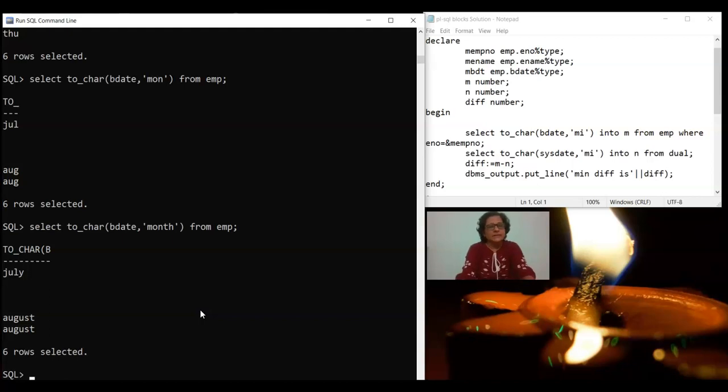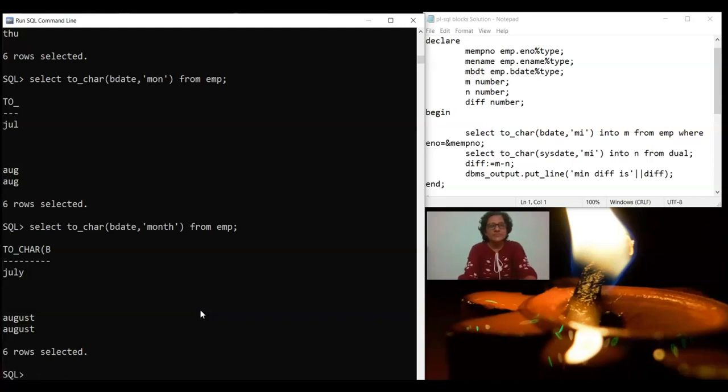In this manner you can try the to_char functions with respect to the date, because the objective of this tutorial is to find out how to work on the dates by using to_char or to_date.